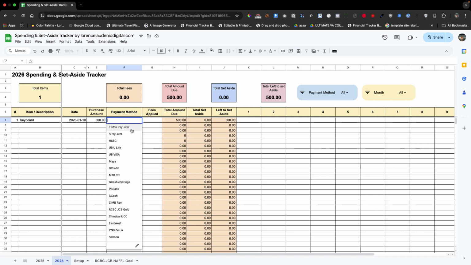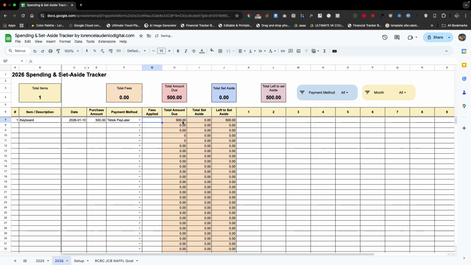I will select TikTok Pay Later. Let's say the principal plus interest is 505. So I just type the 505 here, and then I'm going to deduct 500. So enter. The fees applied is 5 pesos, and it also updated the amount due and set aside.